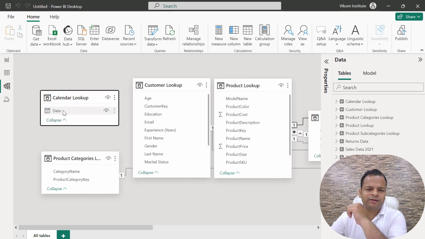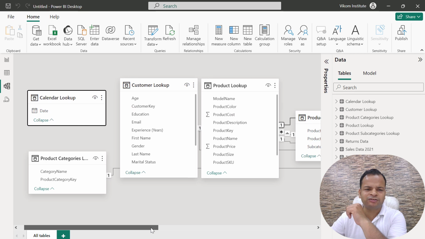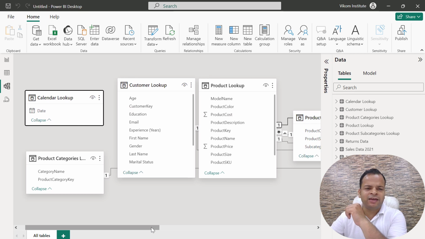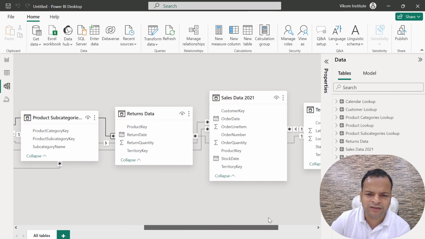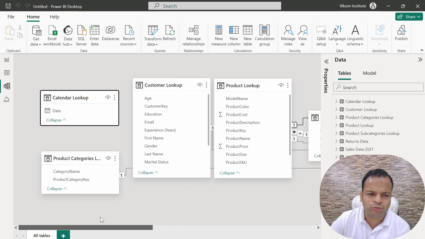Because the column name is not the same as in the other file, I'm going to link this file manually, so I can explain how you can build a relationship in Power BI. Here we have the date column, and we are going to link this date column with this order date. So what you need to do is pick this,